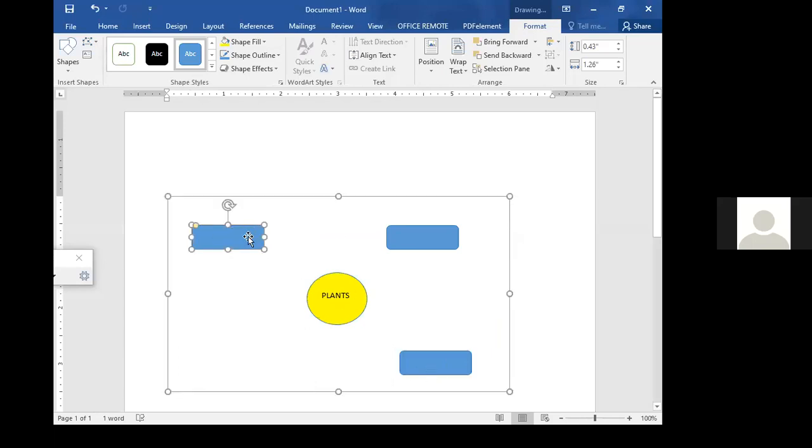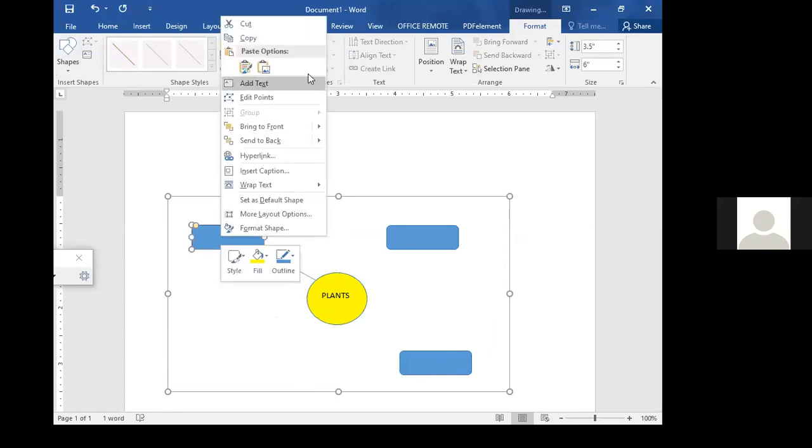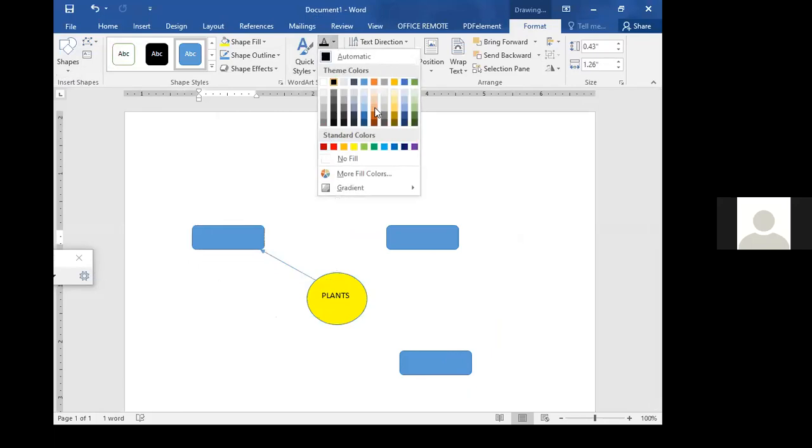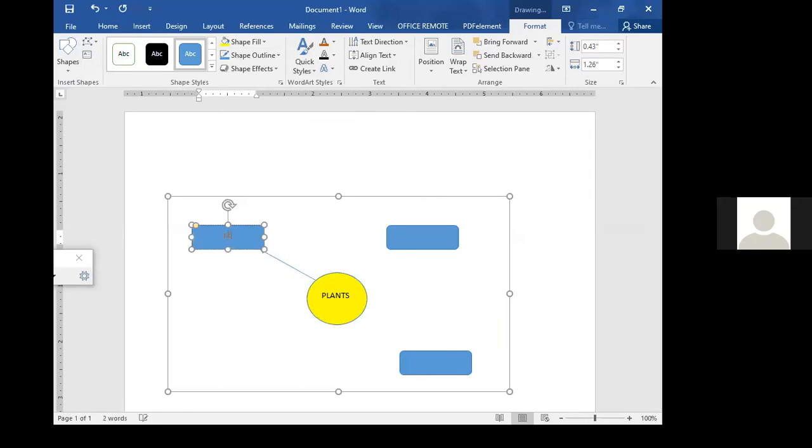So how do you link this characteristic of plants to the plant itself, your main idea, the central idea? You use arrows. So you select the arrow there. The moment you touch the diagram, it highlights, then you pull the arrow there. There we go, we have a link between plants and this characteristic. For example, you want to add a text there, and you want maybe your text to be in red. So you'll say plants have leaves, right?